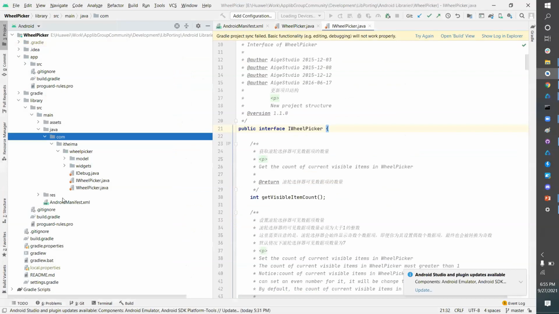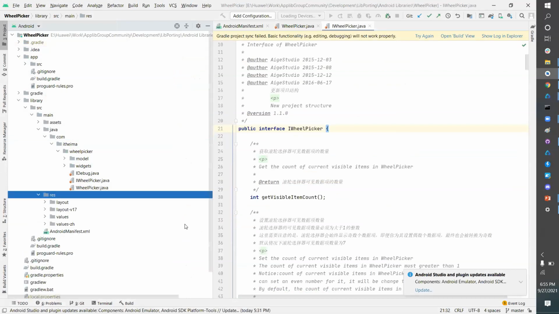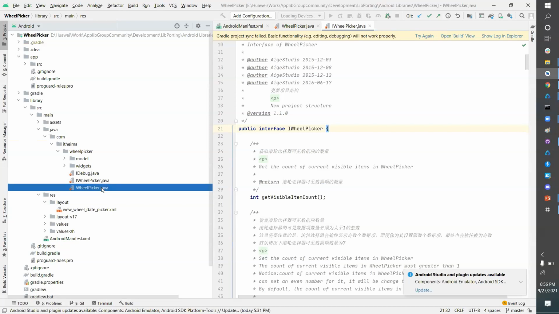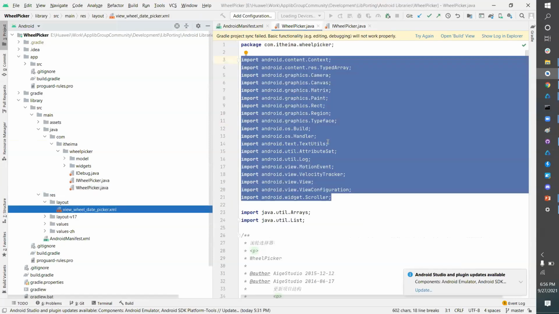Now we need resources as well. So we can copy the resources, and again, it depends upon you. You can copy file by file, or copy the whole folder. These were the logic and code files, the Java files. But we have layouts also in the project.